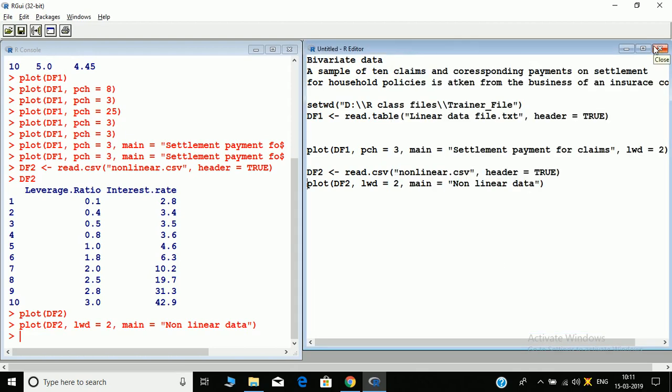Okay, if we want to make this non-linear data linear, how do we do it? We log the interest rate. So let's say df2log, I'm just naming it again, is equal to, since it's a data frame, I will write data.frame.